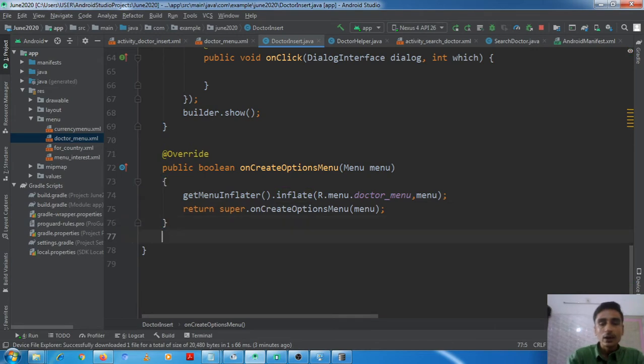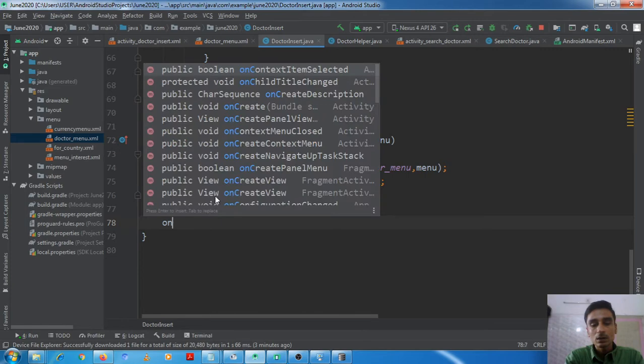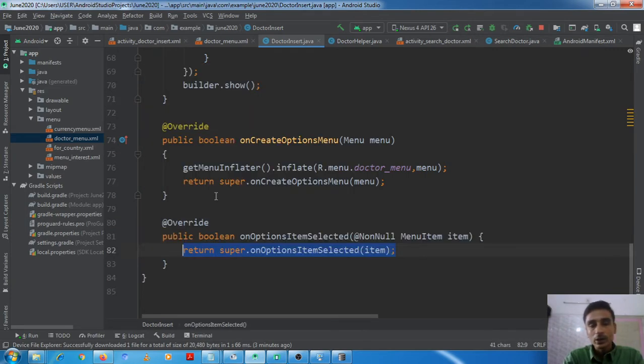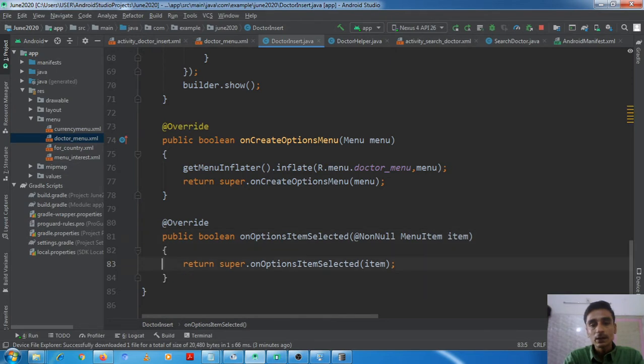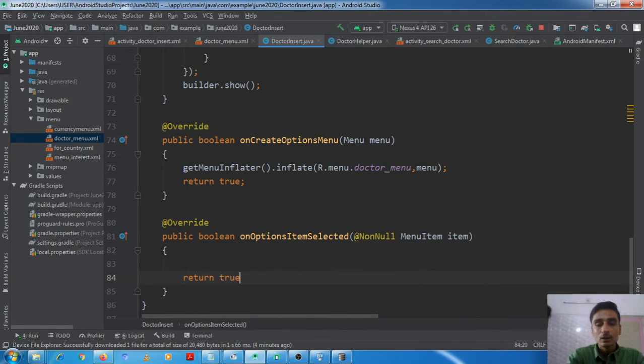Now this menu will be inflated. Okay, now when the client clicks on this options menu, the doctor menu search, I need to handle that event in onOptionsItemSelected. We need to override this method, and here we should return true, and here also we should return true.